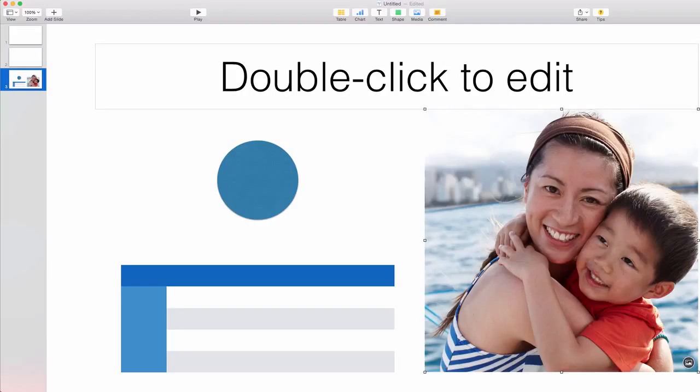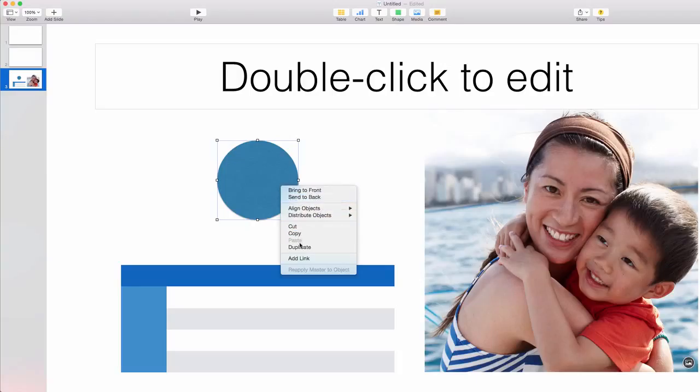Imagine we want to design an application like PowerPoint. Here I'm using Keynote on Mac, which is similar to PowerPoint on Windows. So on this slide, we can have objects like a shape, text, a table, and an image. All these objects have some common attributes. For example, they have a width, a height, and a position. They also have some common behavior. For example, if I right-click on this shape here, you see bring to front, send to back, cut, copy, duplicate,